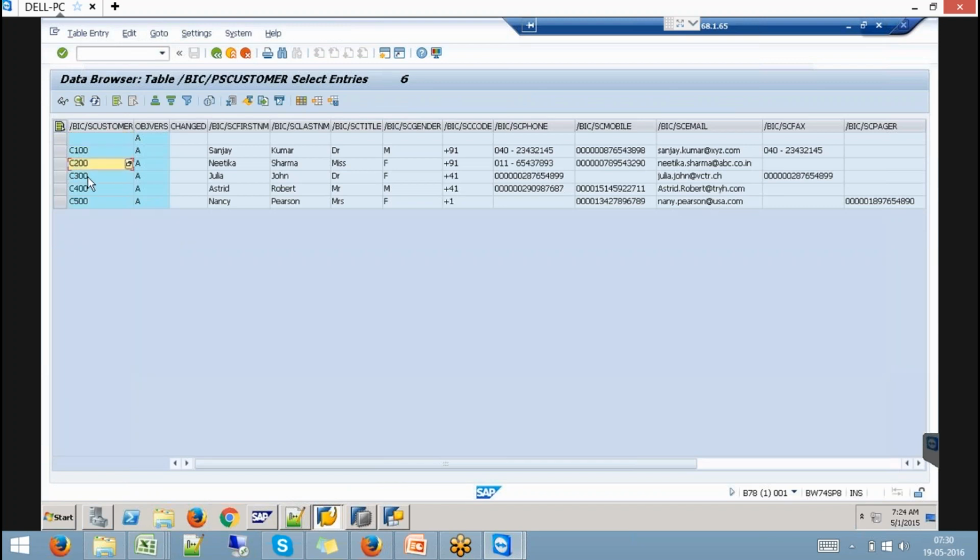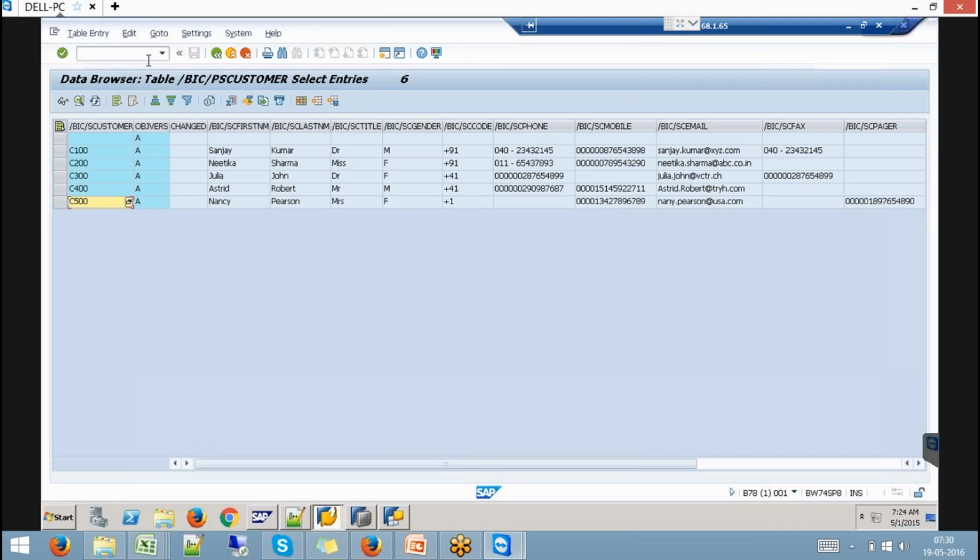So I've got customer details with 300, 200, 300, 400 and 500. These are my customer data. So what I want is, what are the fields I have in the transient provider? I would like to map that field against this info object and consume these attributes.